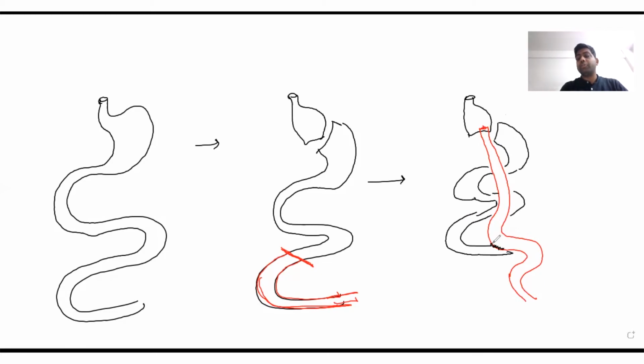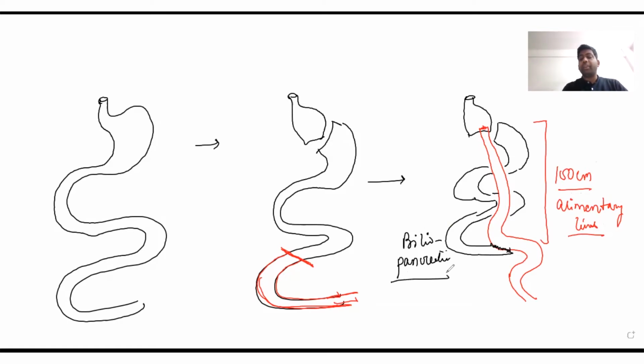And we have this anastomosis of the proximal part of the jejunum with the Roux limb, in such a way that the length of this limb is around 100 centimeters. This limb is known as the alimentary limb. And this limb in black is known as the biliopancreatic limb because it carries all the secretions to the intestine. Since this segment of the biliopancreatic limb has been bypassed during absorption, this is also a malabsorptive procedure. So this is about the Roux-en-Y gastric bypass.